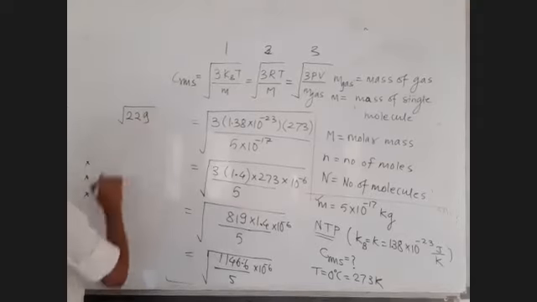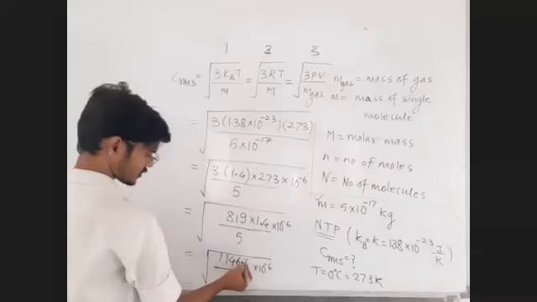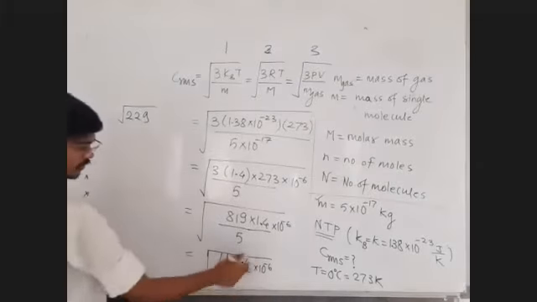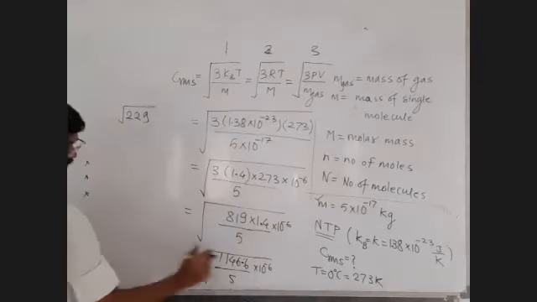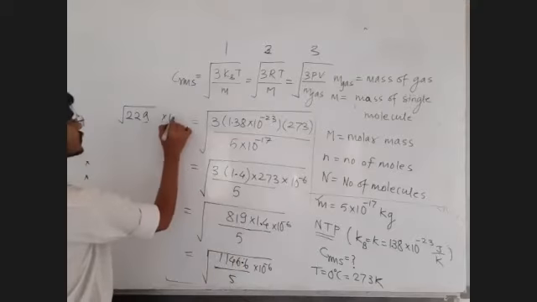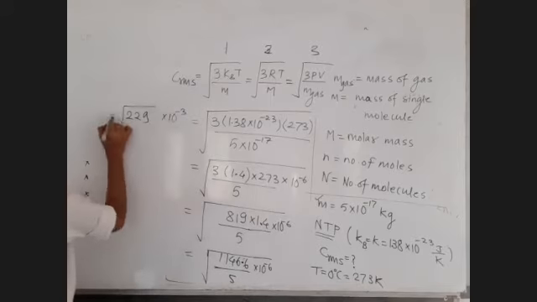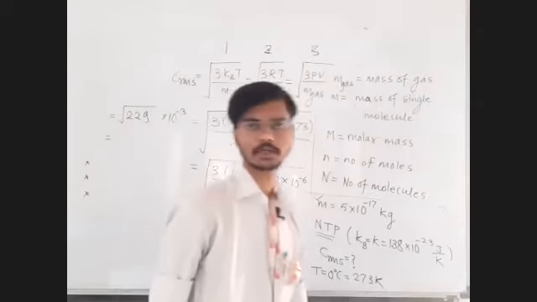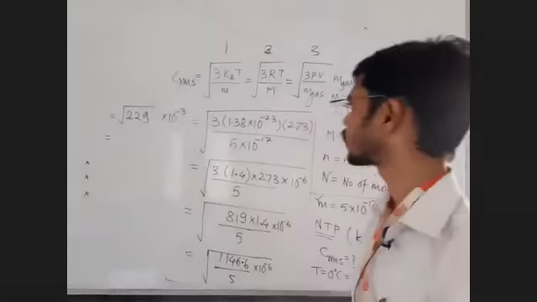The decimal point and such will not matter much now. Accuracy of 0.1 is also okay. What will be the square root of 10 raised to minus 6? It will be 10 raised to minus 3, sir. What is under root 229? You know how to take square roots and how to approximate it.